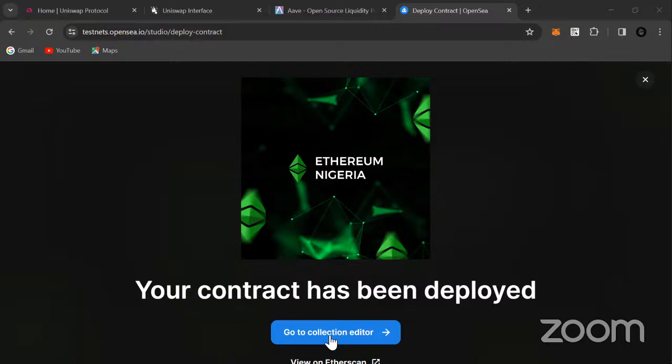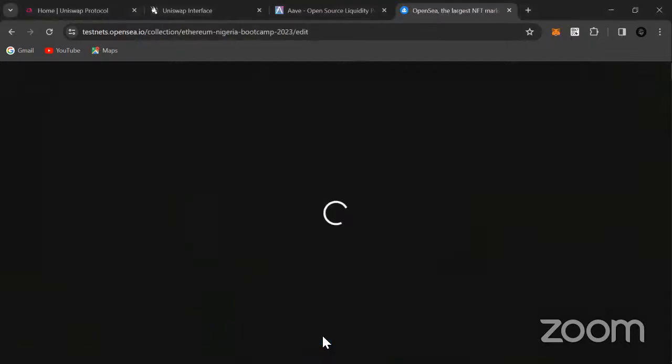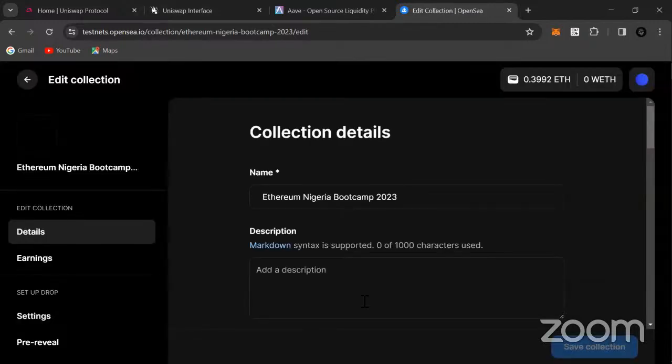So we'll go to our collection editor so that we can set some parameters for others to be able to mint our NFT. Like I mentioned, our description, we're going to say proof of membership.